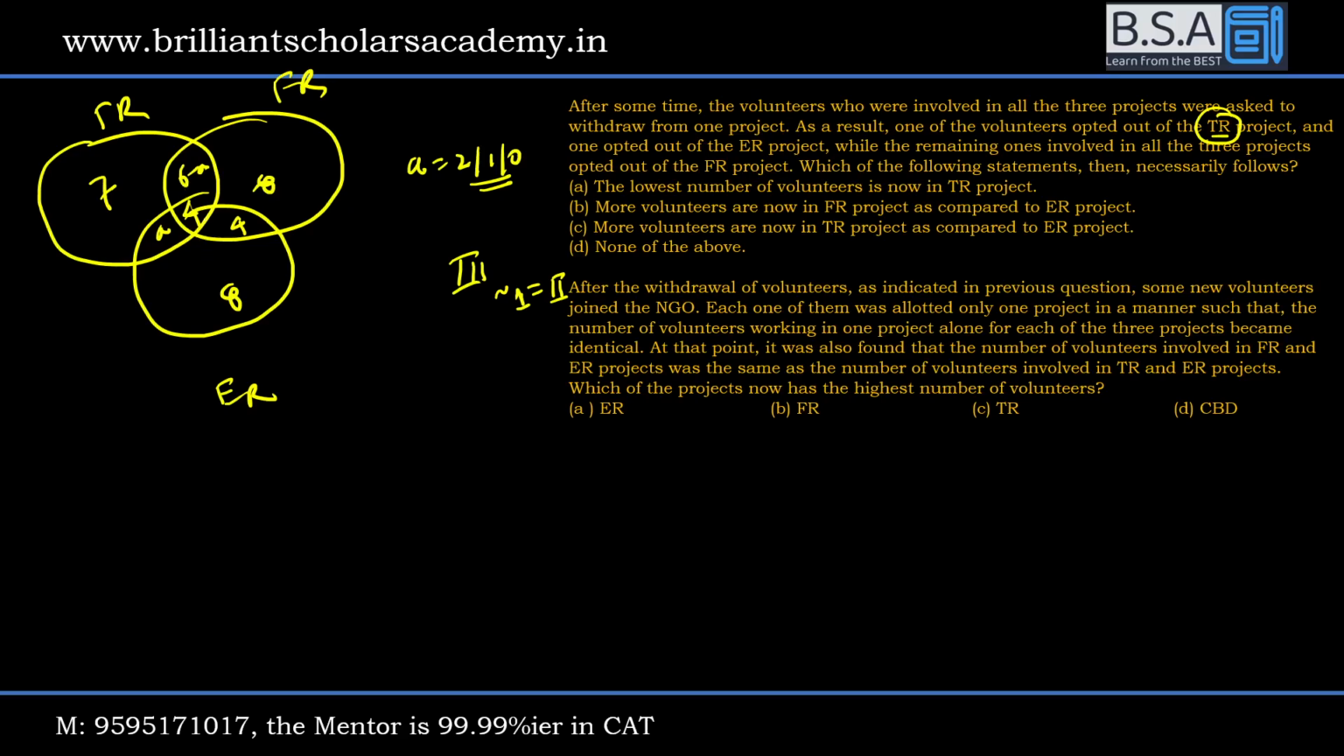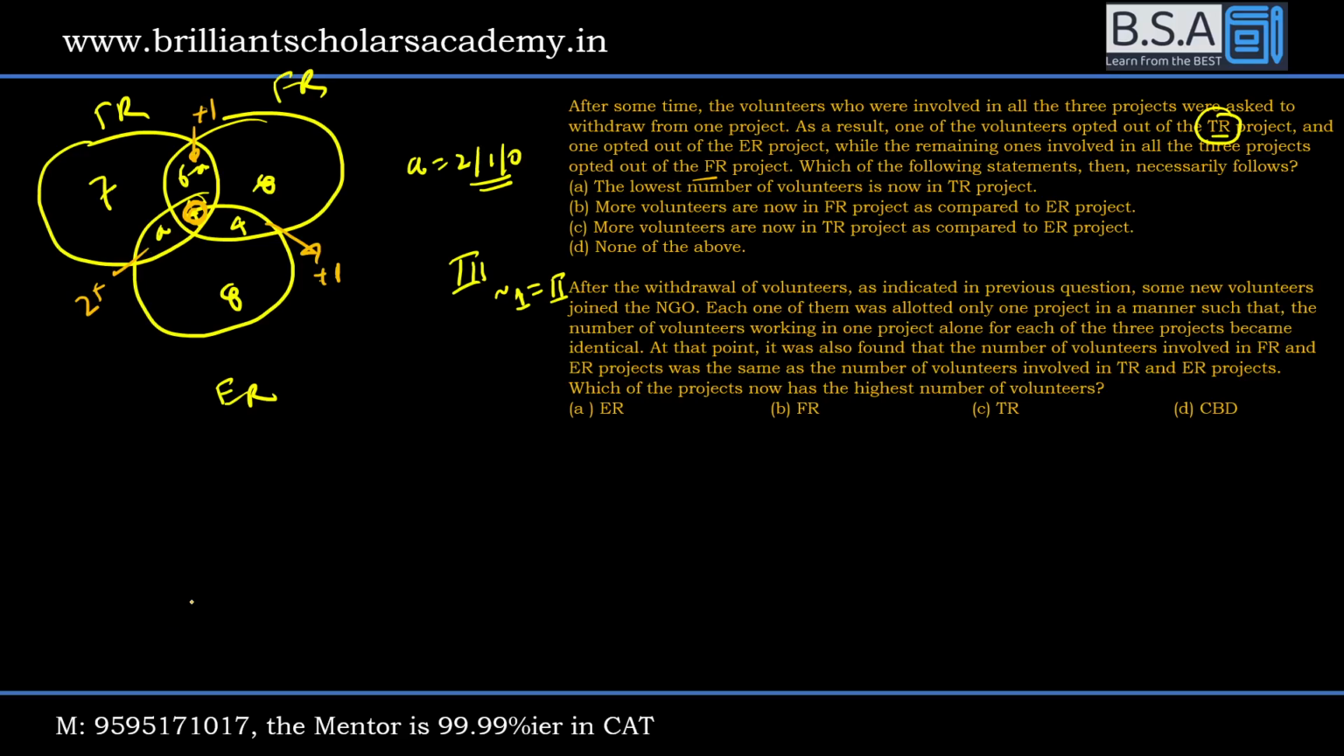अगर कोई TR छोड़ेगा तो वो FR ER में आ जाएगा. तो यहाँ पर आपका +1 आ जाएगा. There will be a +1 here, ये 5 बन जाएगा आपका। One opted out of ER, एक बंदा ER से निकल गया, ER से निकलेगा तो वो +1 यहां पर आ जाएगा। While the remaining ones in all 3 projects opted out of FR, यहां से 2 लोग निकलेंगे FR से, तो 2 लोग यहां पर आ जाएंगे +2, तो बीच में 0 बन चुका है।